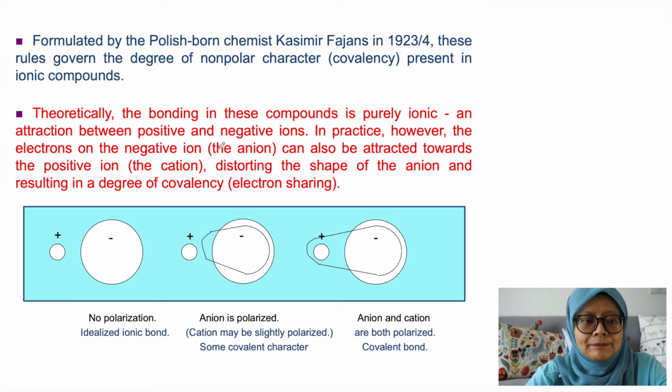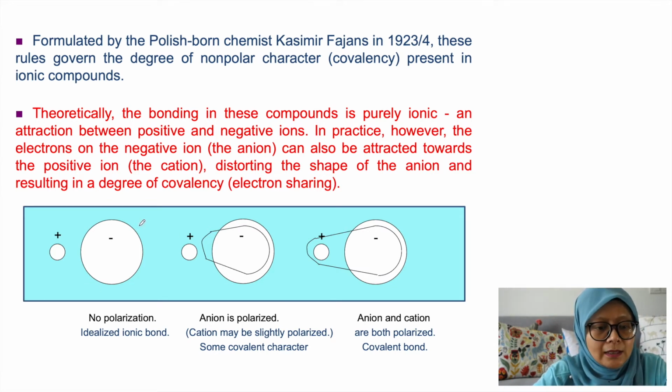So the electrons on the negative ion, or anion, can also be attracted towards the positive ion, because we have different charges here. What happens is that it starts distorting the shape of the anion, resulting in a degree of covalency, or what we call electron sharing. Here in this diagram,